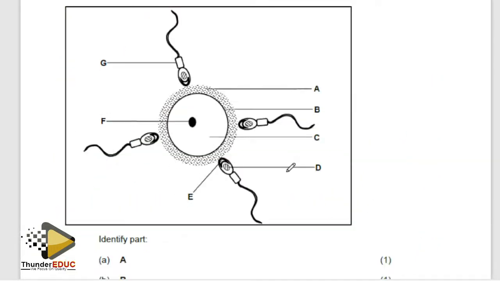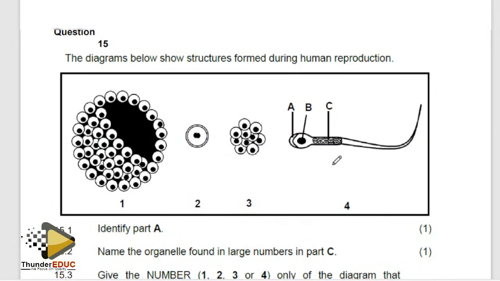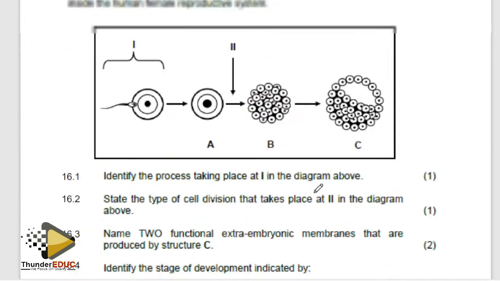We talked about it. So you see, fertilization. What is this? The nucleus. What is this? A cell membrane. What is this? A gel-like layer. So now you know. Please make sure that you know how to label these things. This is a ball of cells, which is called a morula. And then what is this? It looks as if there are two nuclei. There is this, this, this, and this. So definitely this can't be an ovum. So this is a zygote. And because it has a hole, it becomes a blastula.